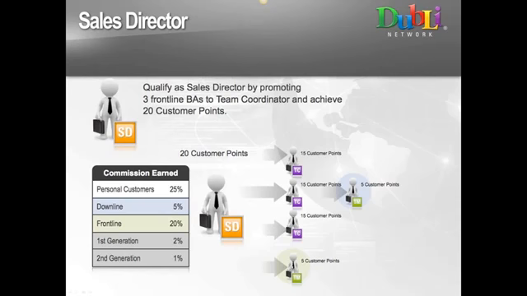Now, the sales director, when they enroll a brand new person, will earn 20% on how that person comes in. They'll earn 15% on a business as it grows and matures. When it becomes a team leader, entitled to 10, then they'll earn 10% on that team leader group until it matures and grows to team coordinator, and they'll earn 5% on the team coordinator group. So you can see how the differential is going to work. Sales director also will need their 20 customer points.